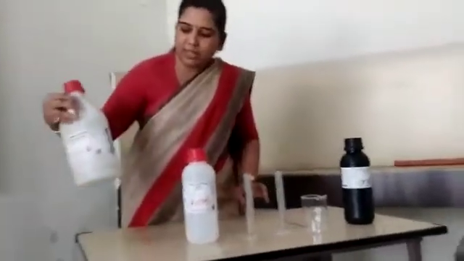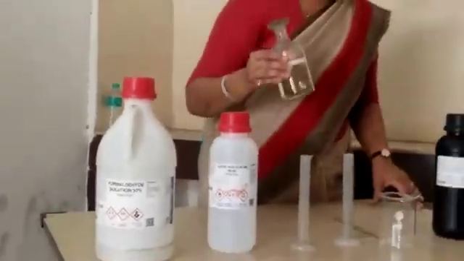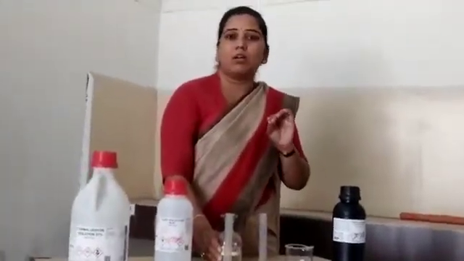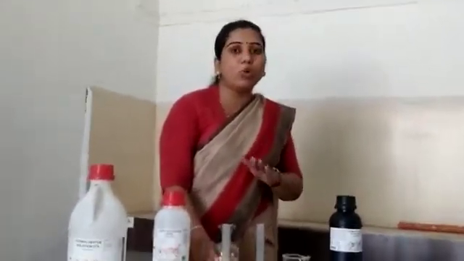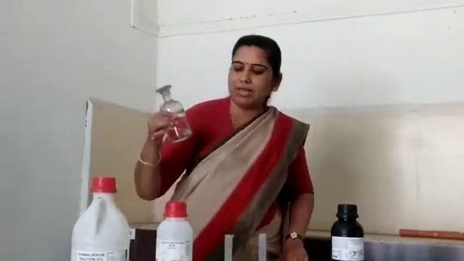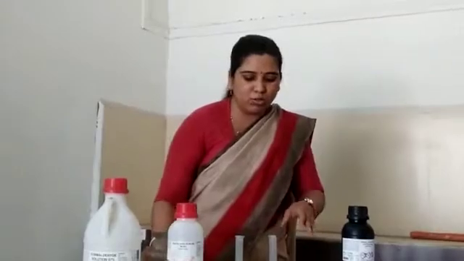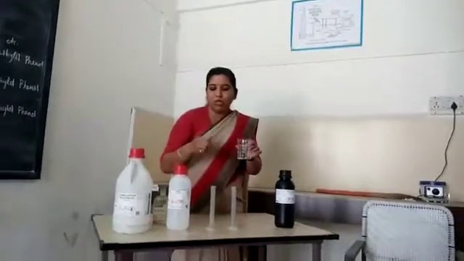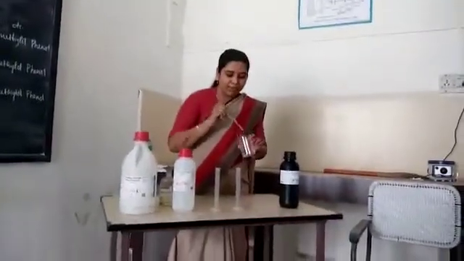Then after that we will need formaldehyde. It is 40% formaldehyde which is required, and then glacial acetic acid. This glacial acetic acid must be there, and with that we will require concentrated HCl. A concentrated HCl solution will be required, or hydrogen chloride gas also can be passed. But here we have this acid, so there is no need of the gas. Here it is a 250 ml beaker which I took, then this is a glass rod, and here I am using it.